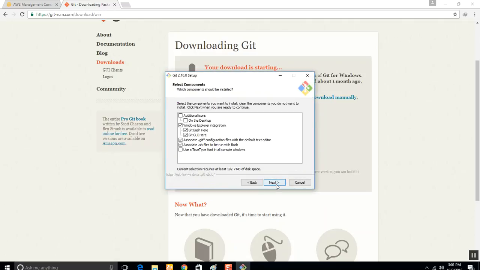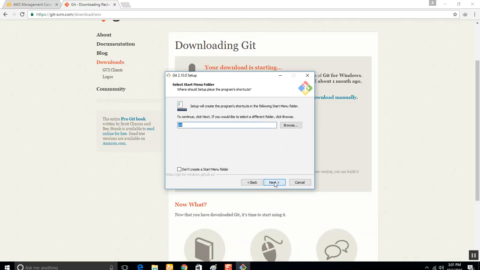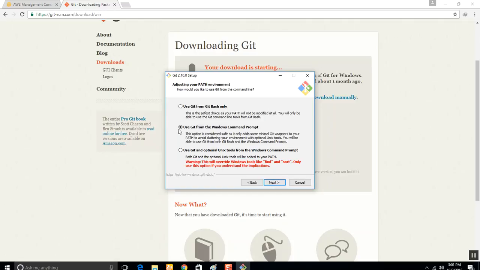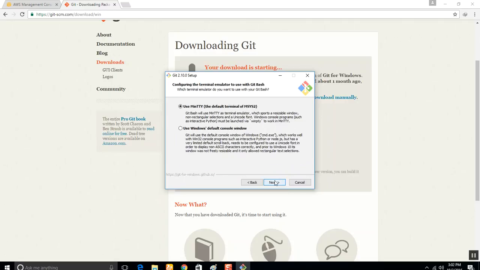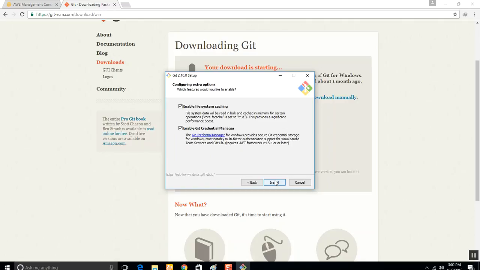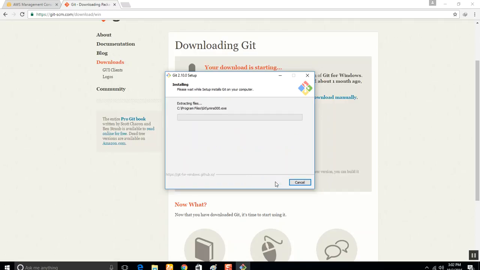Hit next, next. I just want to create an icon on my desktop. Hit next. Let it be git. Okay, choose this one only. Use git from Windows command prompt. Next. It's okay. Go with defaults. Next. You can untick this, but for now let's go with it. Next. It will take a few seconds for the installer to complete,